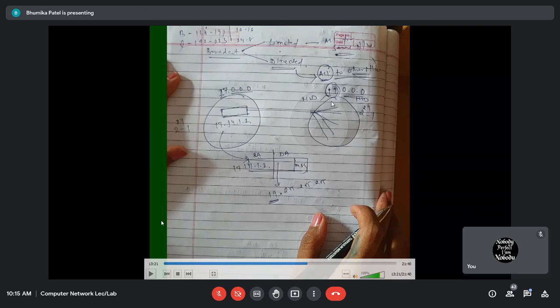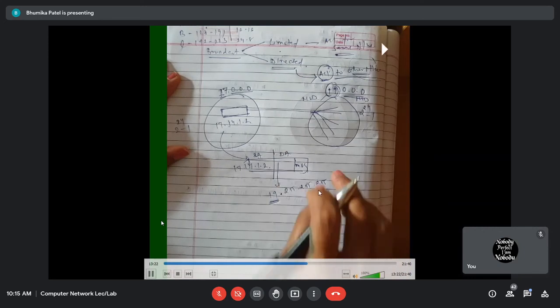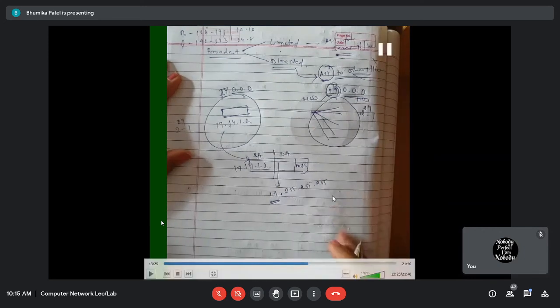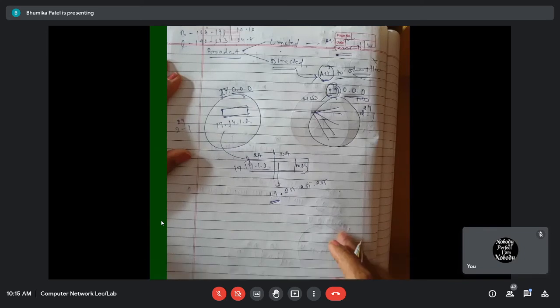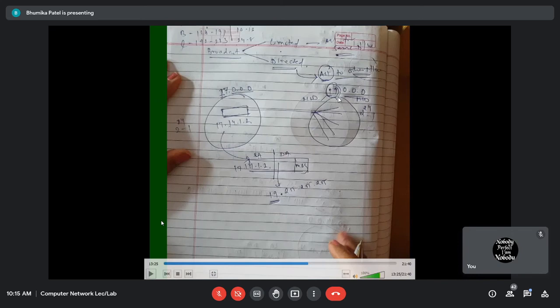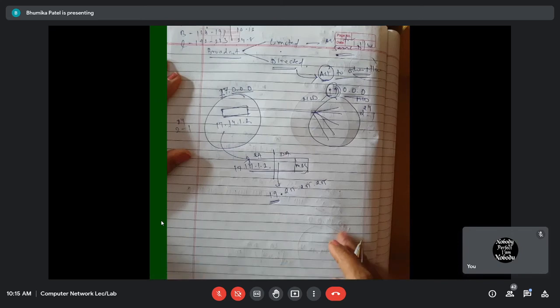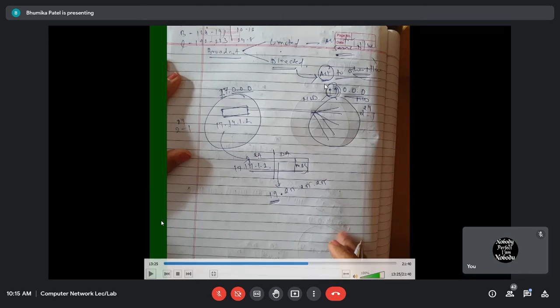Okay, what will be the directed broadcast address of the destination network? 19.255.255.255. So whenever the router here identifies this IP address, it is going to send a message to all the devices in this entire network at the same time. Further, it might use broadcasting methods like flooding and so on. We are going to see the methods of unicast and broadcast in later sections. Are you getting what the directed broadcast address is?